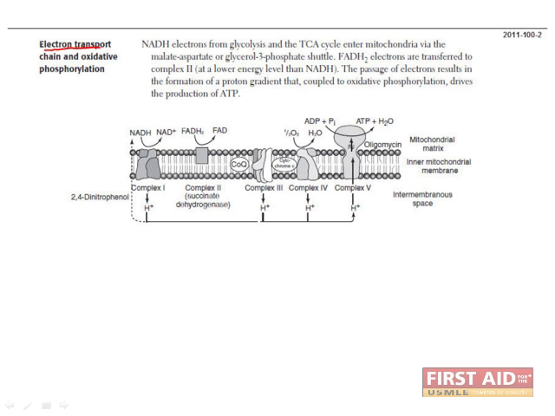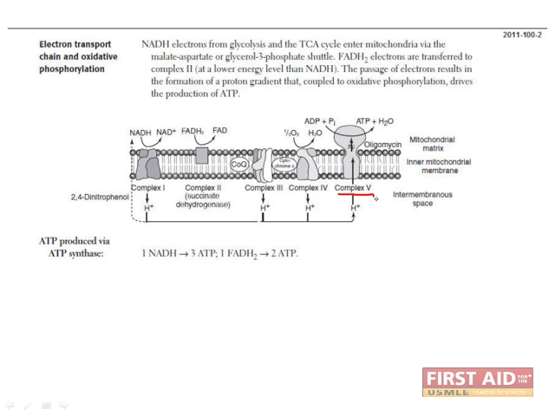In the electron transport chain, NADH enters at complex 1 and FADH2 enters at complex 2, which is also succinate dehydrogenase. As electrons are passed through the complexes, they create a proton gradient, which is used to drive the production of ATP. Complex 4 is also known as cytochrome C oxidase, and this enzyme transfers electrons to the final electron acceptor, which is oxygen, to make molecular water.